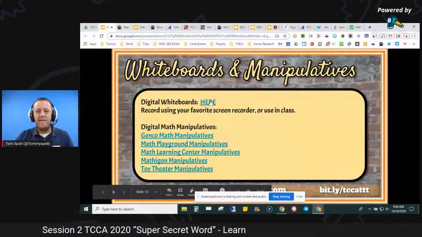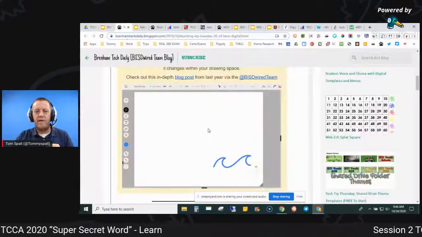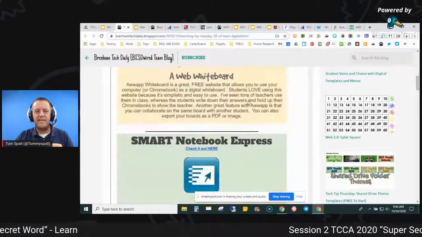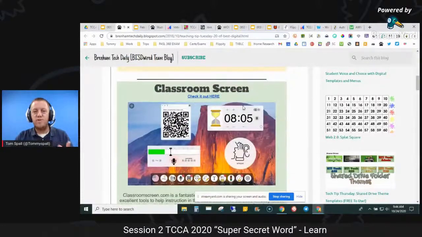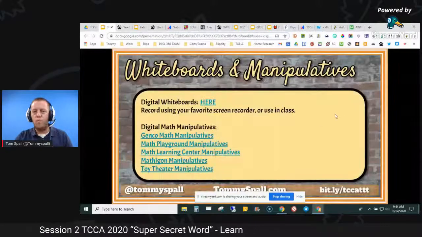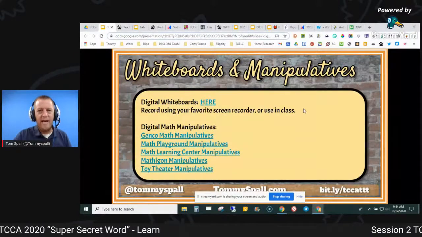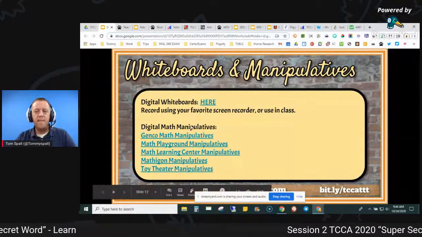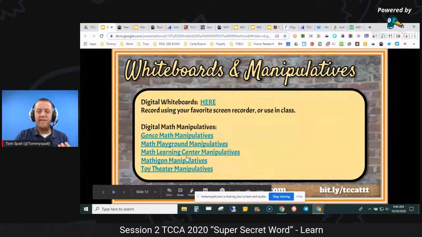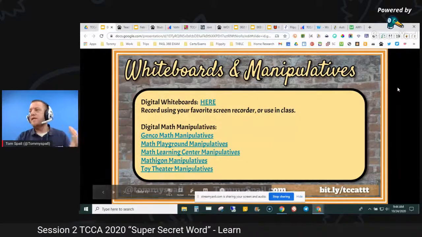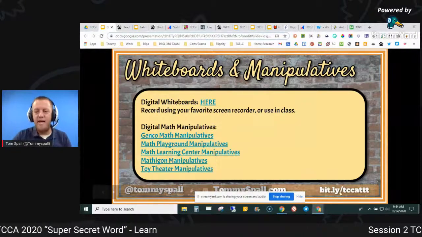So go back to that link right here. You can check out all the other whiteboards that we have listed. Ginzy, All Up, Smartboard. There's Jamboard, of course, I talked about. Classroomscreen.com is wonderful as well for having a digital whiteboard and more tools in that. Math manipulatives. I have a bunch on here. I don't have time to show you all these math manipulatives, but please, please, please get back to my session at